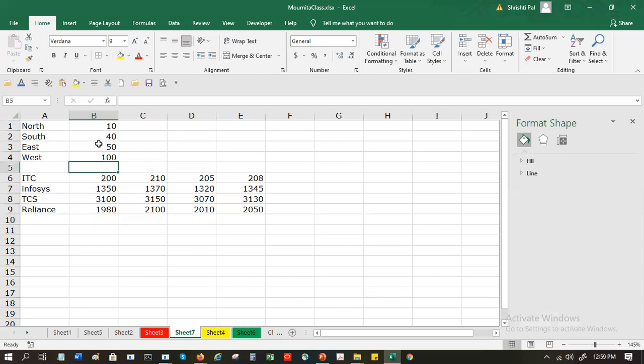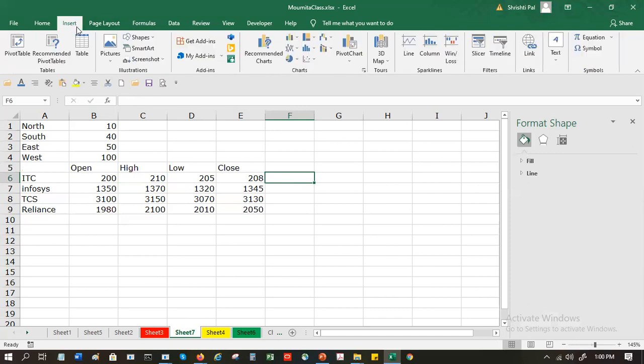It is basically opening at a highest price. This is the open price, this is the high price, this is the low price, and this is the closing price. Now there is a feature called spark lines. What does this spark line do?